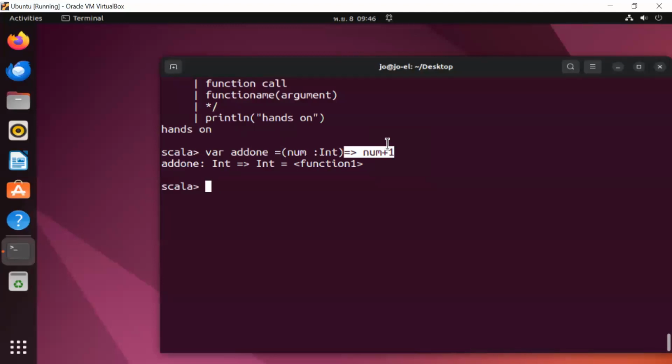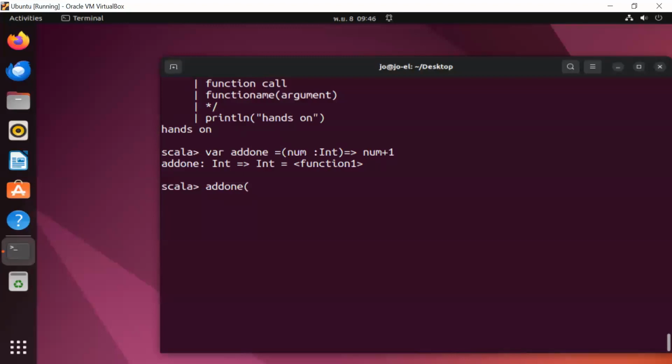Now, how do we call it? How is the function called? Anybody remember? You use the name of the function, add1, and then what do we pass? A parameter. Let's say I want to put 4 + 1, which is equal to 5, not 41.